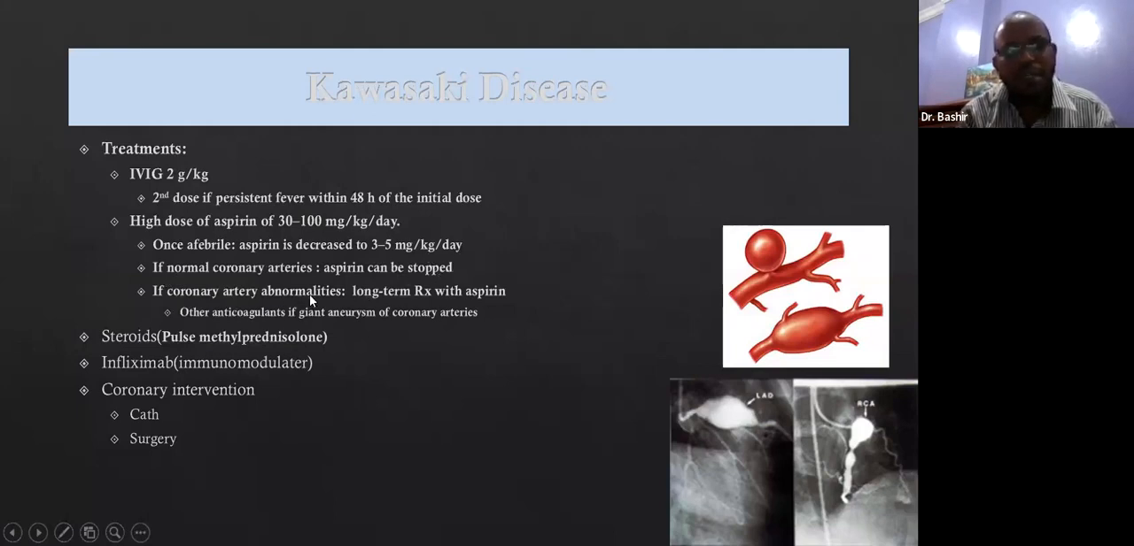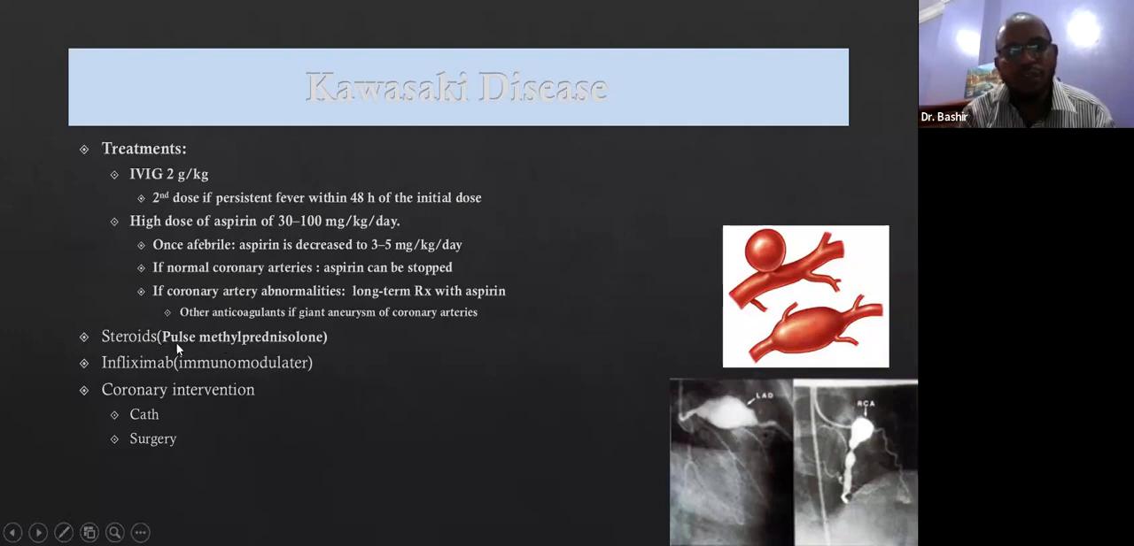If coronary artery abnormalities, long-term treatment with aspirin as antiplatelet. Other anticoagulation if giant aneurysm of coronary artery. If the aneurysm is giant, more than 8 millimeter, you can give other anticoagulation like Plavix or even warfarin. If the child does not respond to 2 doses of IVIG and high dose aspirin, sometimes you have